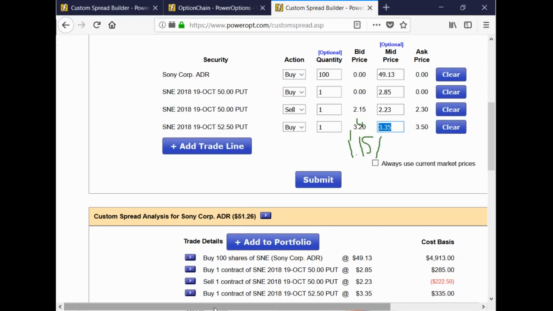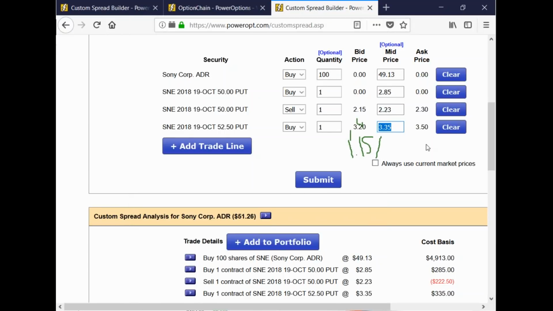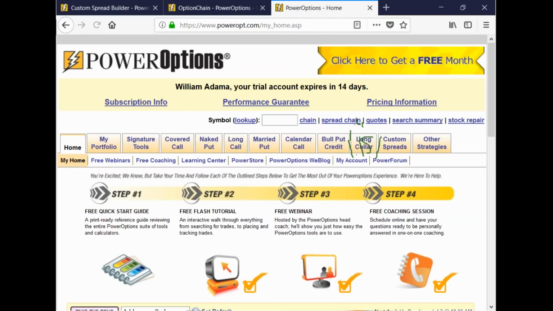Let's do the math real quick here. I can't do it off the top of my head. But what am I talking about here? If I paid a 135 debit into the position to gain 250 in strikes, that's 0.54, a 54% ratio, below 60. That's what I want. If it's at 65, if it's right at 60, I might not do it, because I don't feel I'm getting as much benefit at the time for doing that income method number 4. The debit's too much. I'm going to wait till it gets lower. Okay, so those are my thoughts on income method number 4.